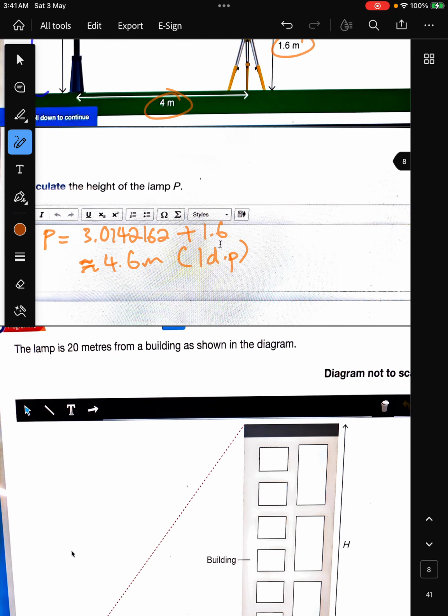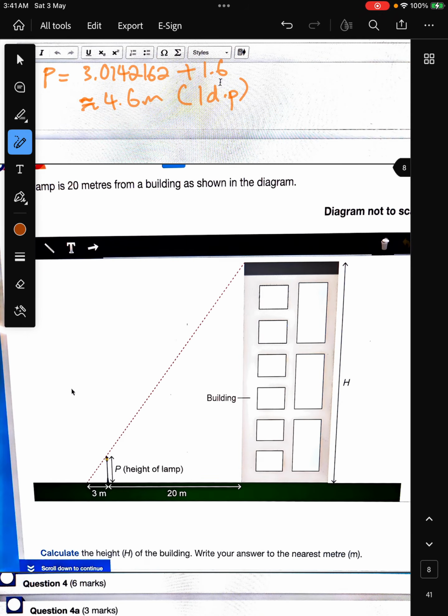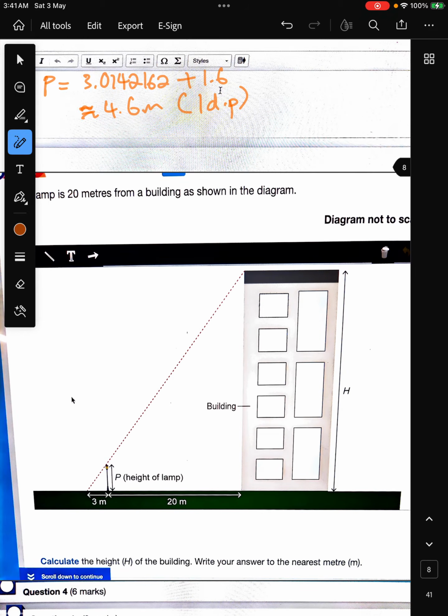And let's look at the next question. The next question is pretty interesting. We're supposed to find out what is the height of this building. But what makes this question interesting is that no angles are given. So technically speaking, we are not going to be using any form of trigonometry. But there is a concept here that may help, which is looking at